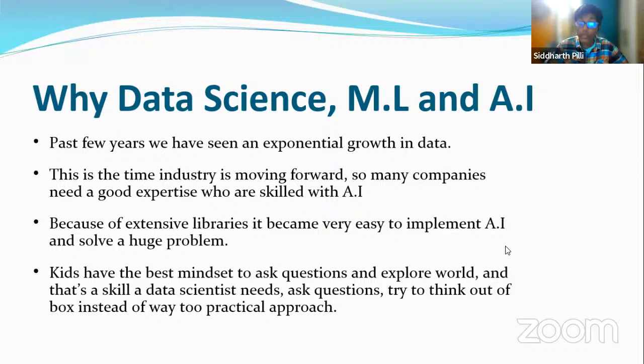So the industry is going to need many more people with artificial intelligence. Third reason, trust me on this: AI has become the easiest concept to implement right now because we have different types of libraries like TensorFlow, Keras, and PyTorch. These are cool libraries which tend to create an AI, or maybe something like a machine learning algorithm. These libraries made it much easier, which means anyone out there can easily implement a machine learning algorithm.